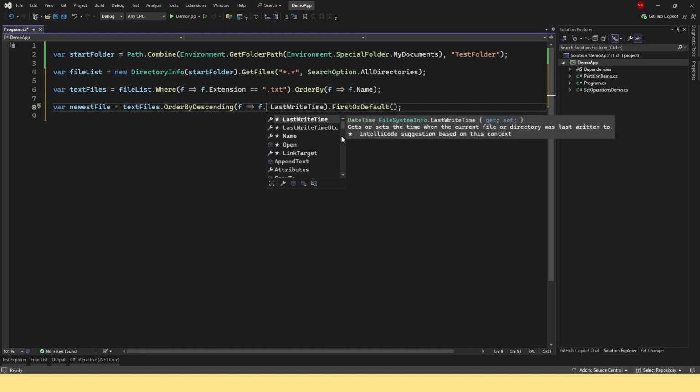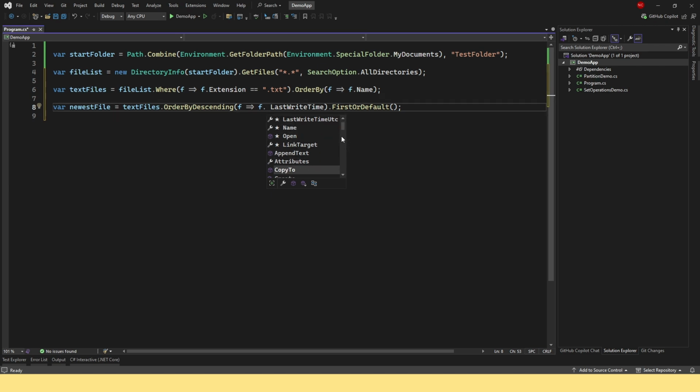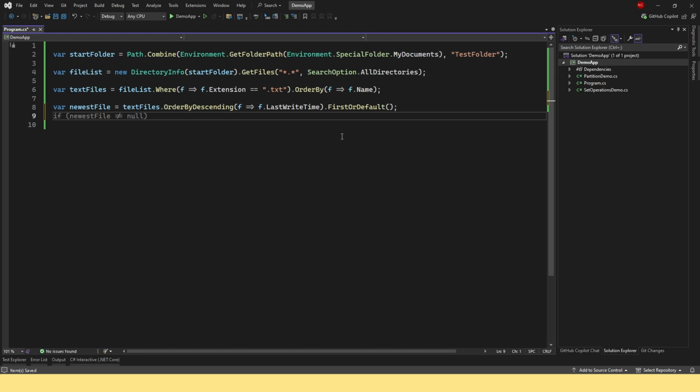If I do that, it has last write time in UTC, name, link target, and attributes that we want to use, creation time, directory, and there are other operations. These are standard file operations. And then after that, we can do Console.WriteLine,